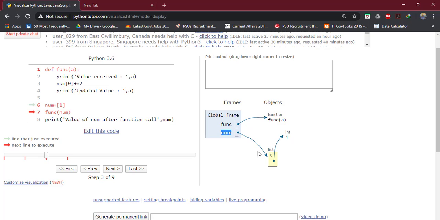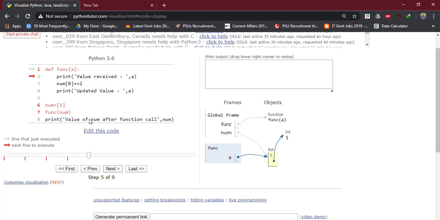Now the control will be transferred to this function. As soon as the control is transferred to this function, a new variable a will be created within the function scope. This is a local variable. See, this num and this a are both pointing to the same list. This is the pointer reference of num, and this is the pointer reference of a. Both are pointing to the same list.